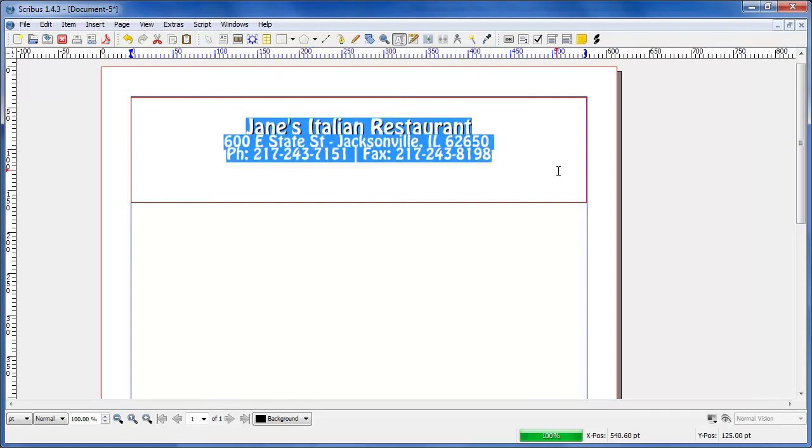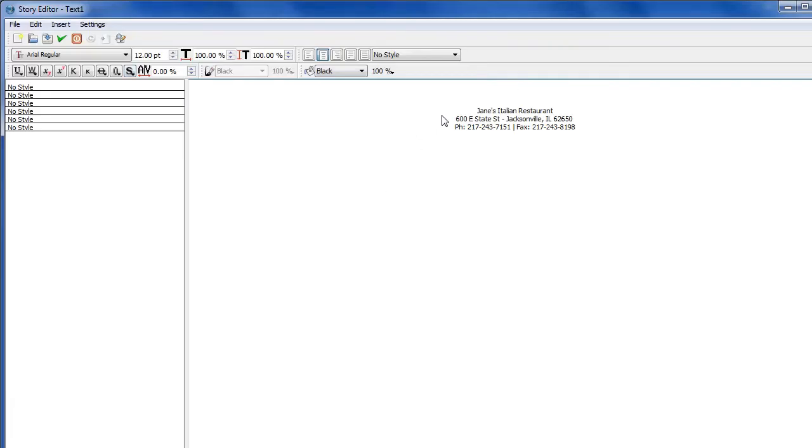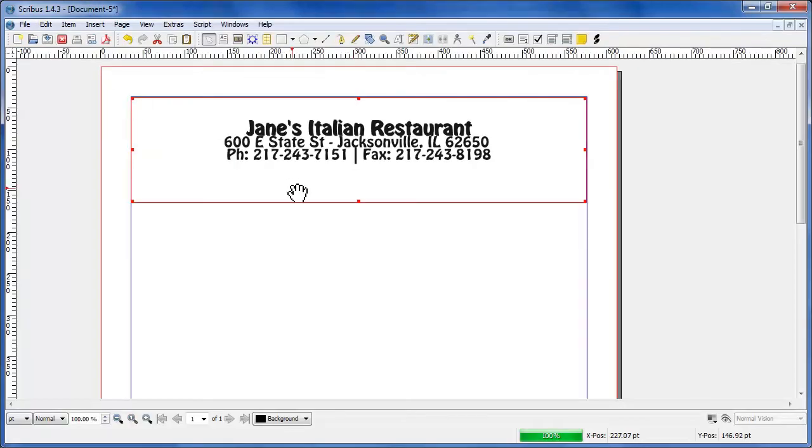Alright, now I don't have a lot of space between these lines. I don't like that. And quite honestly, I haven't figured out what to do about that. In Scribus, there's ways to make the print smaller or take up less space, but as far as the space between the lines, that's called leading. I haven't figured out how to do that in Scribus. So anyway, I just made the letters just a little smaller,